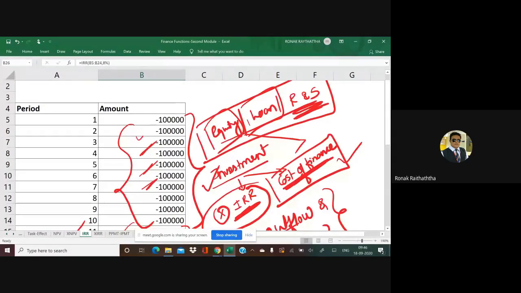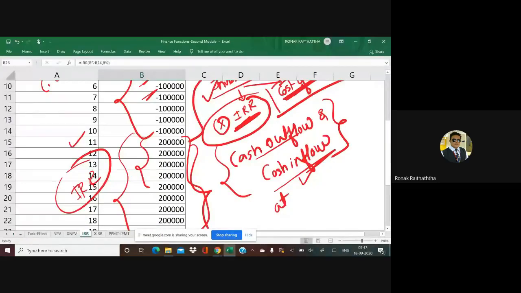So the cost of finance applicable to equity, loan, and reserves and surpluses from which you have financed this cash outflow, that shall be the rate considered for the outflow, and IRR can be taken for inflow. Inflow, it is fine, understood. It is the return which you are getting, for that you take the IRR. But for cash outflow, my dear friends, you should not take it. That is the argument made by the creators of MIRR.